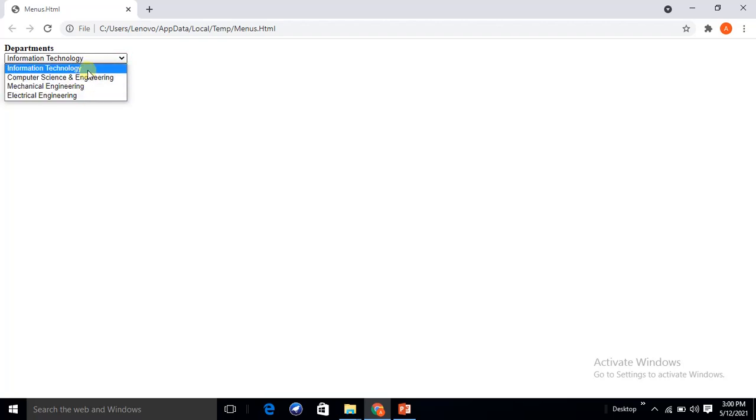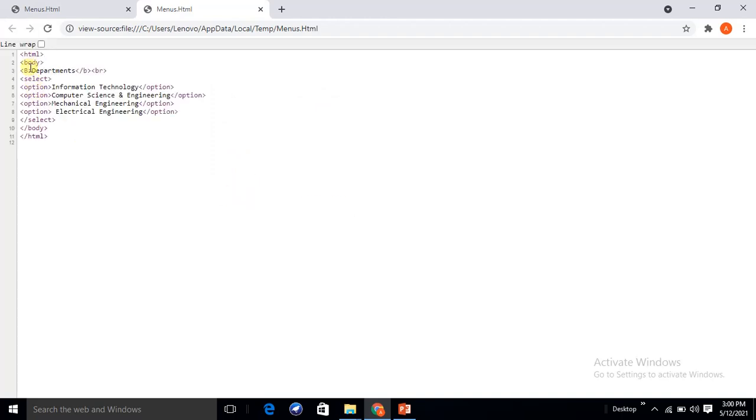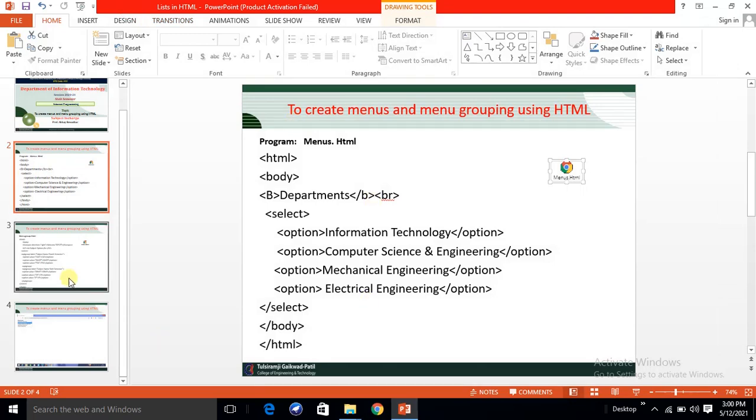These 4 departments we have provided; that is a simple example using menus. Now we are going to discuss the code, how we write it. Here you may observe the HTML body, department, select tag with 4 options: information technology department, computer science, mechanical, electrical, and we close the select tag.